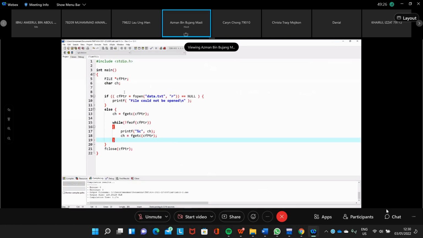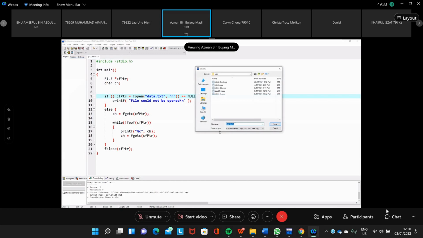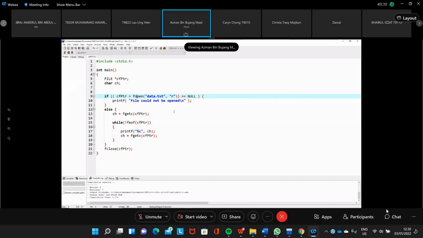So we go back to this program, and then we save as number 3. Then we read the file, and we want to count how many characters there are. This means we need to read the file character by character, and then check whether the character is space or not.